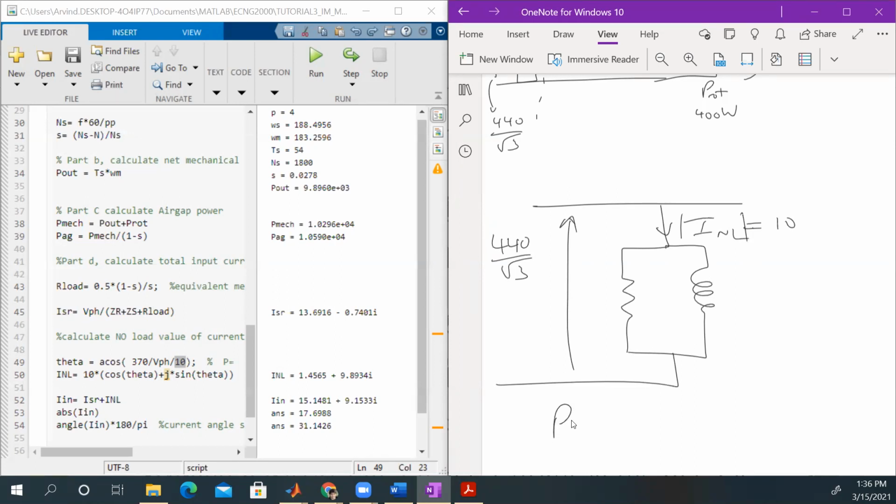And then we have P, which is equal to VI cosine theta is equal to 370. We have this value, so we're just working out theta, right? So we work out theta, and that works out to be